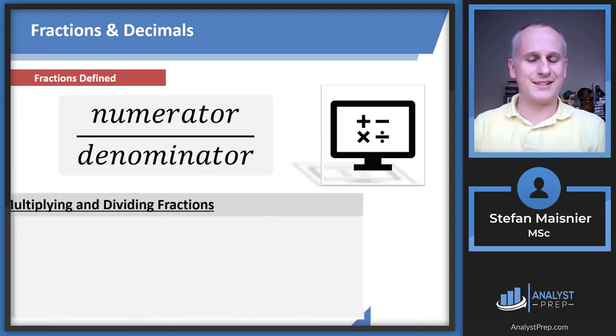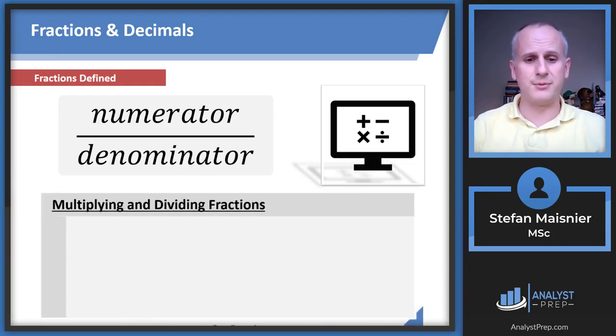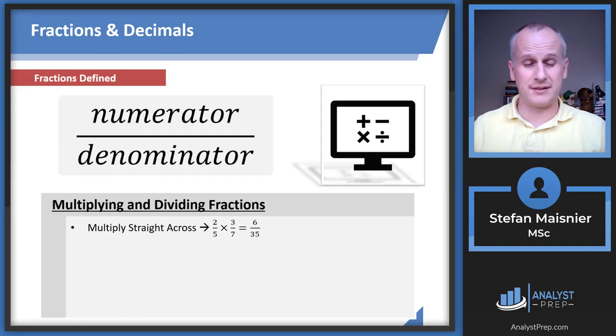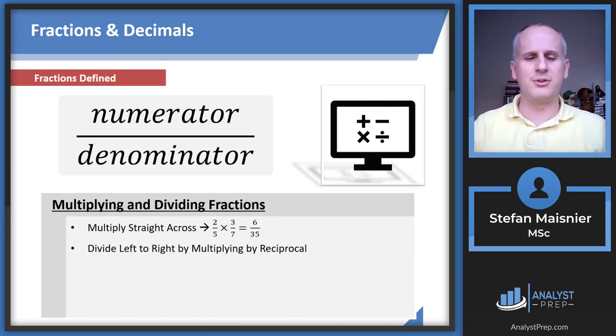So then we've got to talk about multiplying and dividing fractions. So you're going to just multiply straight across with fractions. It's the easiest operation to accomplish. So 2/5 times 3/7, using the same fractions, is just going to be 6/35. Just multiply straight across, keep your numerator and denominator separate, and you'll be fine here. But division is going to require a little bit more attention to